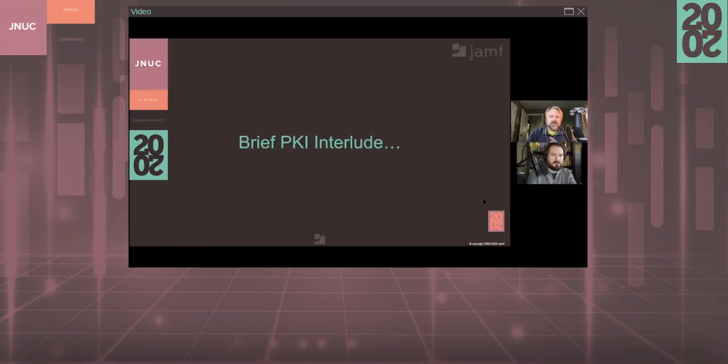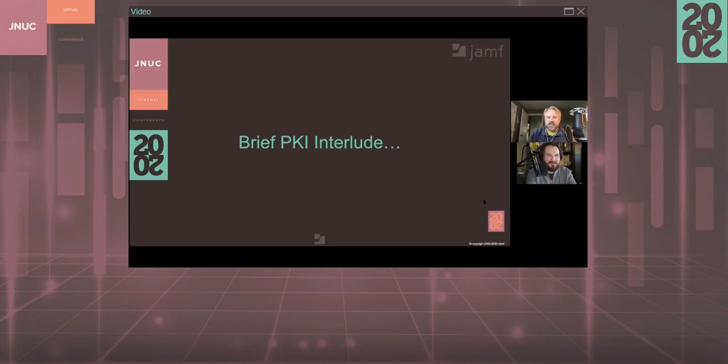So since we've covered a couple of things here, there's a brief PKI interlude. We could be here all day if we get too deep into some of the technologies and the other things that are being used. Is this the more complicated part? This is absolutely the more complicated part. Yes, indeed. So we're not going to dive too deep, and we're going to gloss over some of the actual